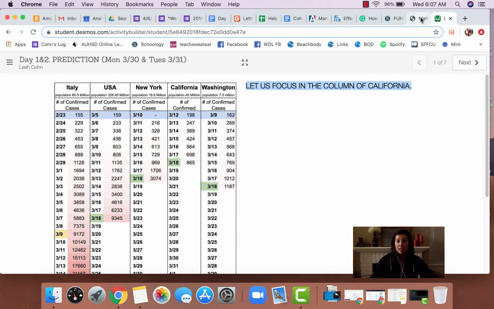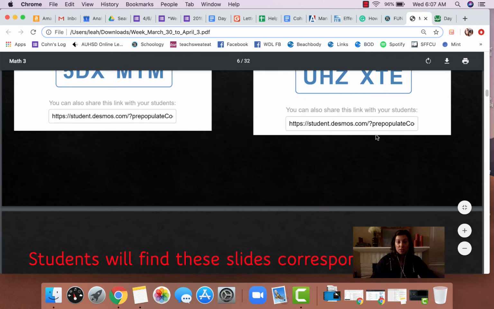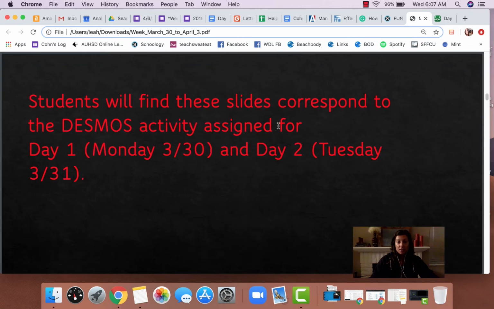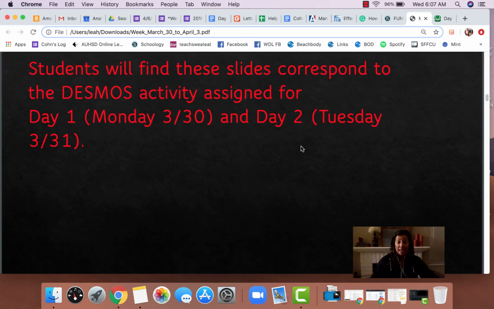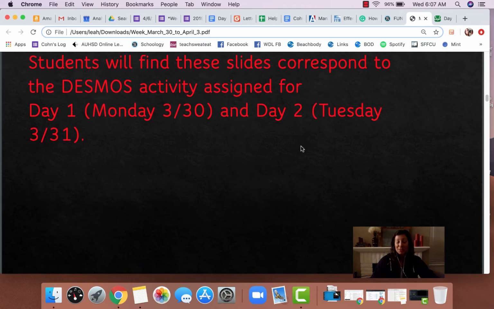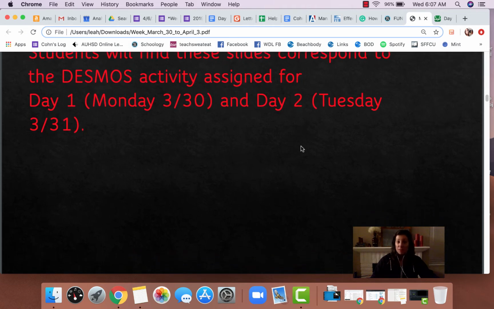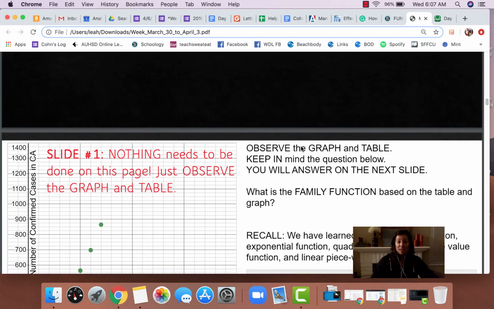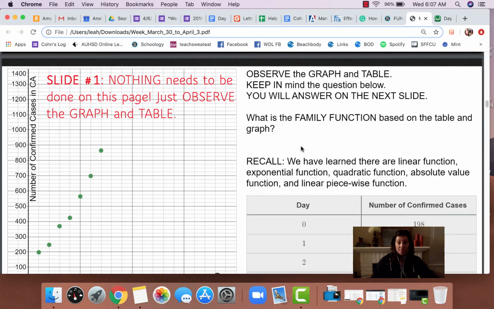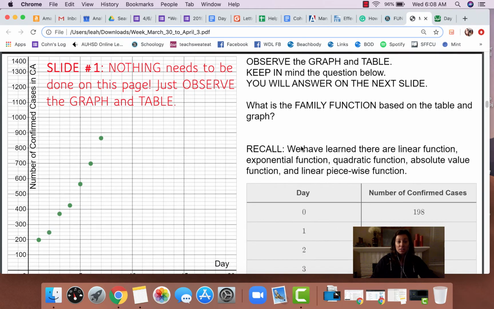Okay, great. So now that we're on this front page, it says the slides correspond to the days, okay? And again, you can go faster or slower. If you want to do this whole assignment in one sitting, you can. A bunch of you already started and finished it, and that's great. If you want to take a couple days, wait for our office hours for help, that is fine too, okay? Then there are directions for the slides.